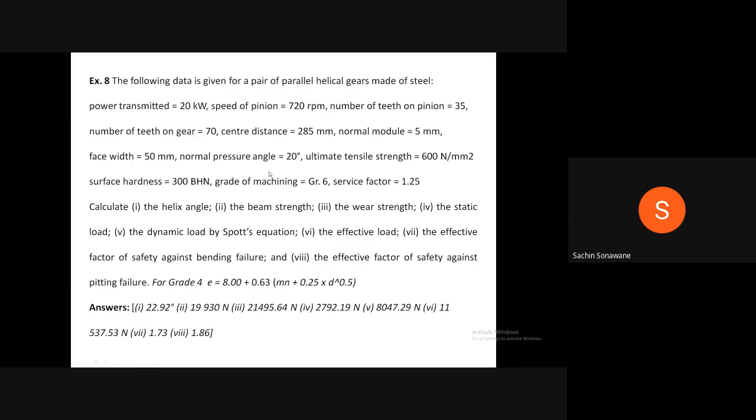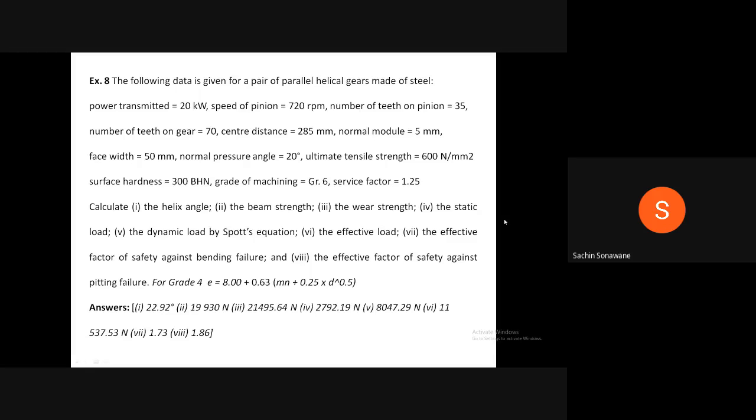Normal pressure angle is equal to 20 degree. Ultimate tensile strength 600 Newton per mm square. Surface hardness 300 BHN. Grade of machining is equal to grade 6. Service factor is equal to 1.25. Calculate first the helix angle, second the beam strength, third the wear strength, fourth the static load,